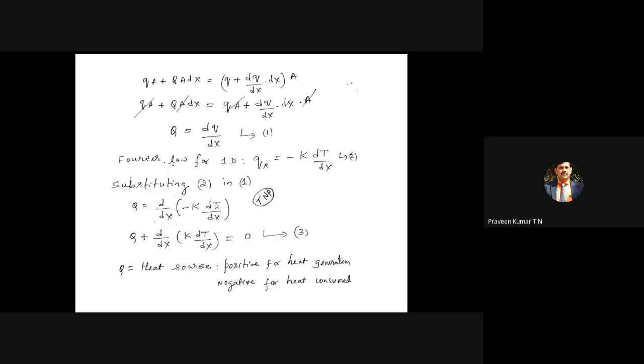But if the temperature is 100 degrees Celsius, the K value remains almost the same, even for 200 to 300 degrees Celsius, depending upon the melting point of the material. I'm talking with respect to steel. But if the temperature is very, very high, like 800 degrees Celsius, then the thermal conductivity also changes. Thermal conductivity is a function of temperature T also. That's why we cannot differentiate it here.